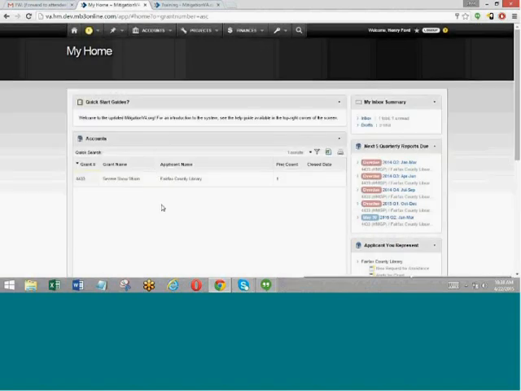Okay, you'll also see a list of open accounts that you have access to. An account is just basically saying your subgrantee or your applicant, the applicant that you represent, has an account or a project under a specific grant or disaster. So, for example, this person called Henry Ford is a contact for Fairfax County Library, and they have an account under this severe snowstorm called 4433. So that's why it's listed there. If you have multiple accounts, you'll have them all listed there.